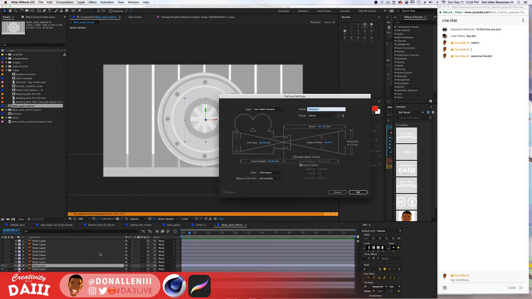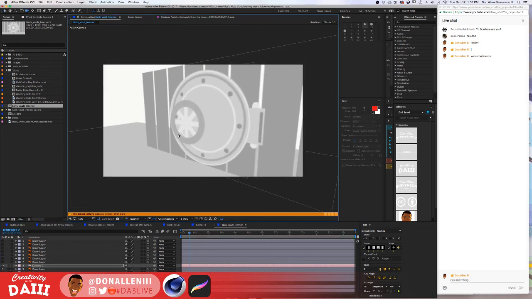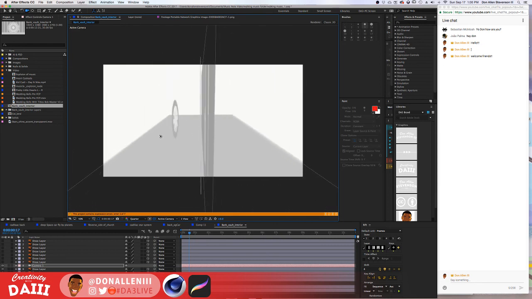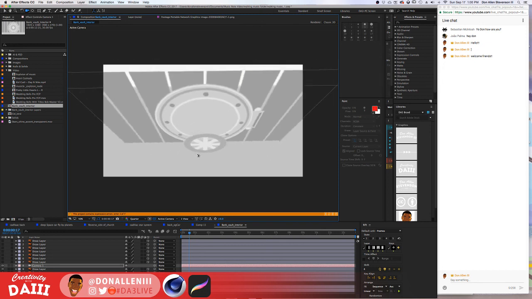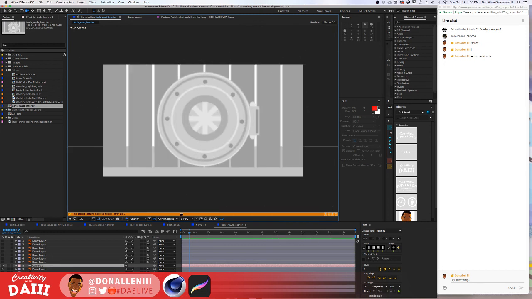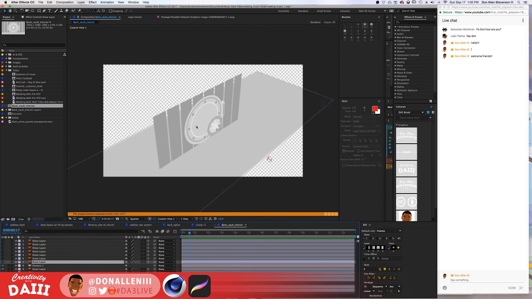So we're going to create a brand new camera. And with our camera selected, we can now orbit around, and you can see that we have a third dimension introduced inside of After Effects, which is pretty cool, right? I mean, we have 3 dimensions in here. So I'm going to reset the camera. And if we change our active camera to custom view number 1, we get a better idea of the three-dimensionality